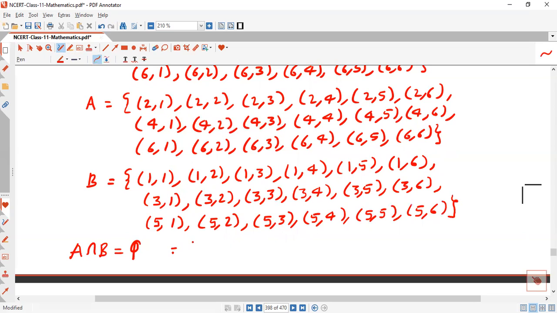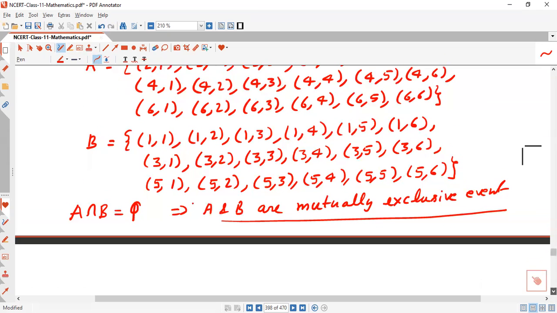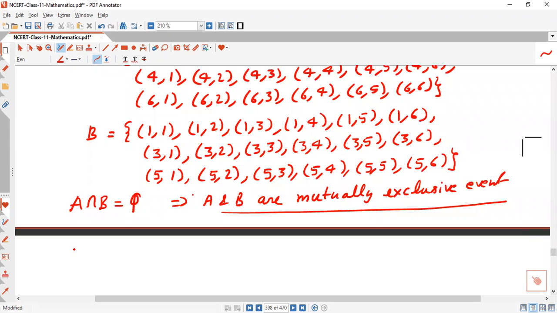So A and B are mutually exclusive events. This is the one answer, that A and B are mutually exclusive events, because no element is common. Second, we take the union. If we take the union, A union B,